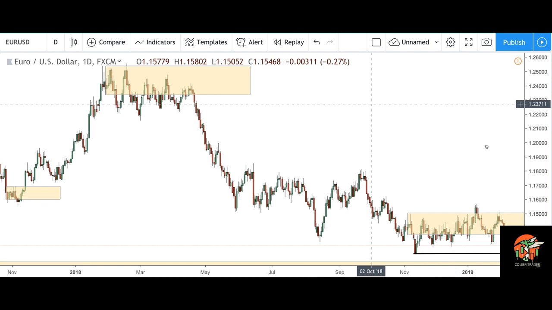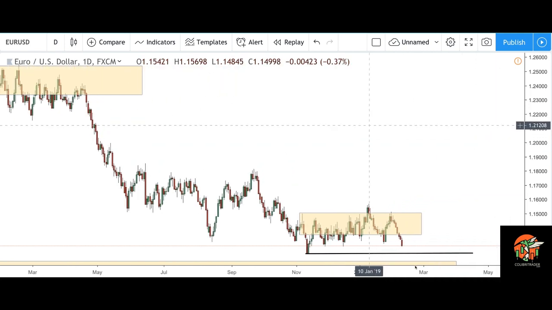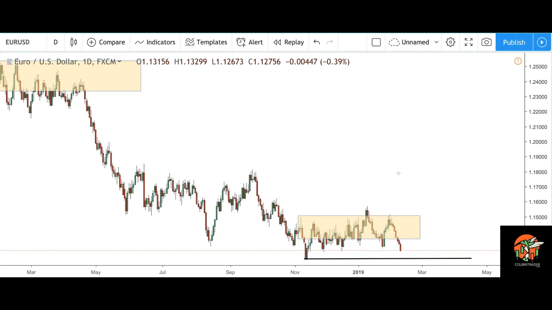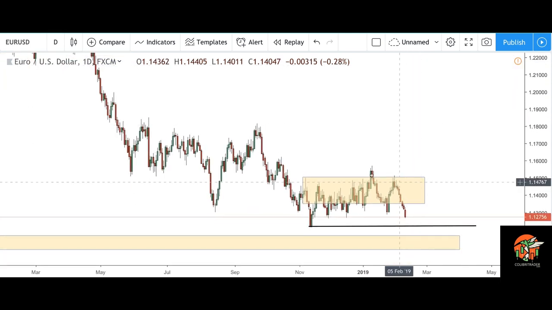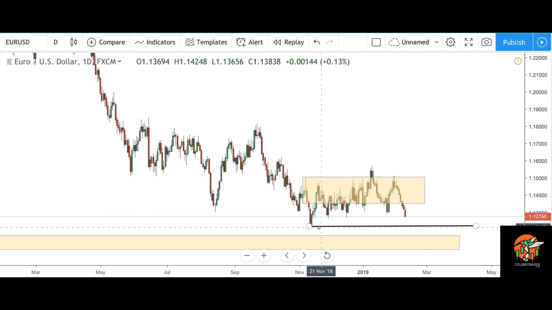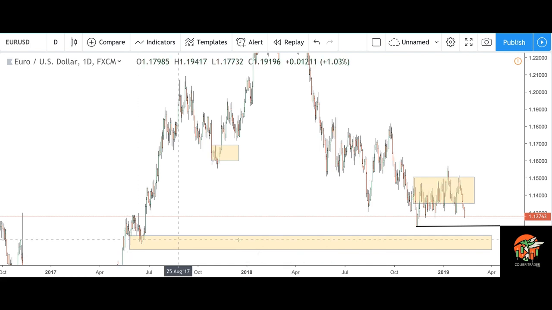And in this particular case, let's say the euro dollar trade that I discussed in my previous video. So basically, if you were short here on this inside bar, I would ideally be looking to take my profit at around 1.1215, or where this support level is, and the next level will be this demand area here, which would be ideal for profit taking, but it really depends